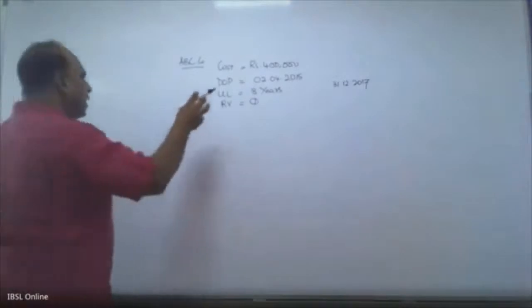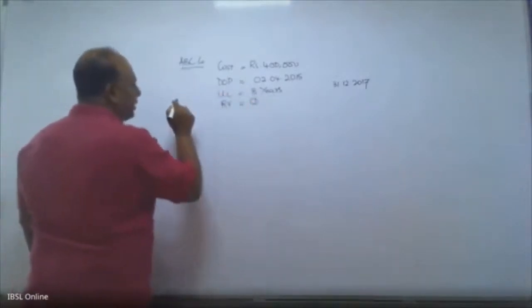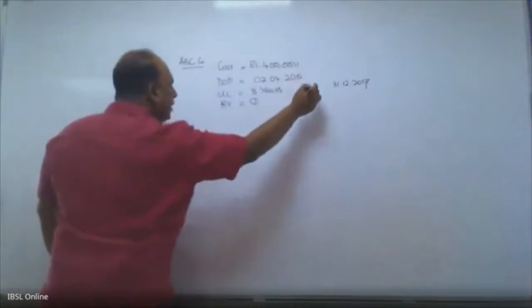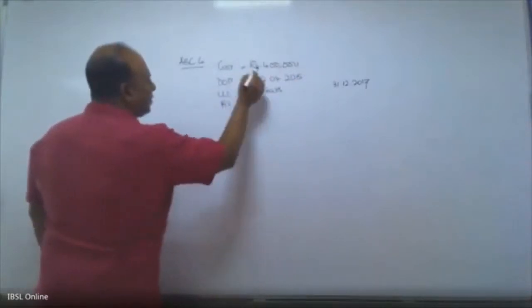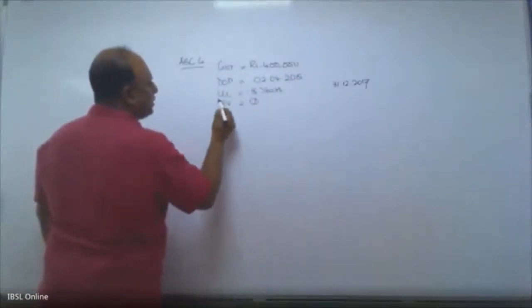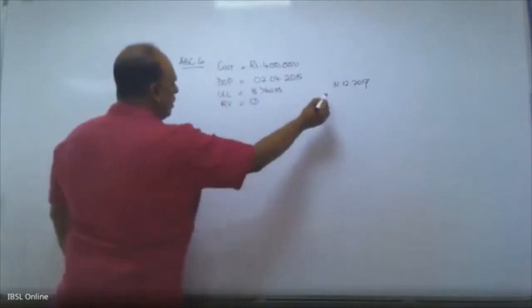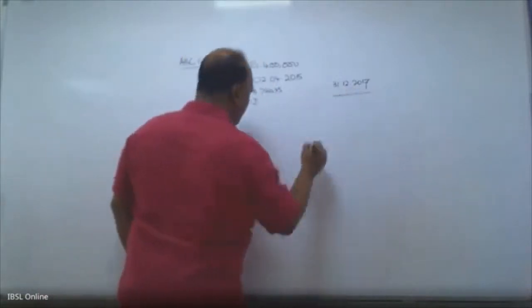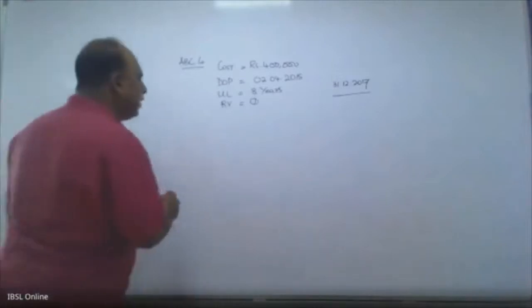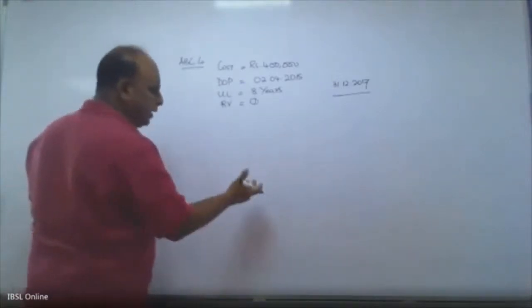Now in exams, what you need to do is when you read the question, you need to take down points. You can write these in the answer book itself. You put the question number and you take the key points from the question. Cost is 400,000, date of purchase is this, useful life 8 years, residual value 0, and we have been asked to calculate depreciation up to 31st December 2017. Okay. Why I am proposing to do that is because then we don't need to go back over and over again to look at the question.